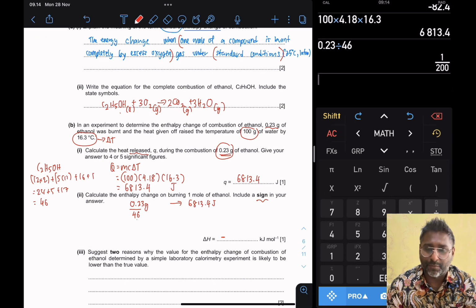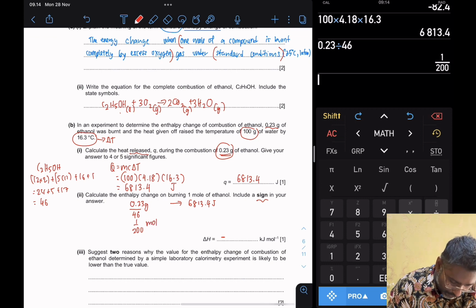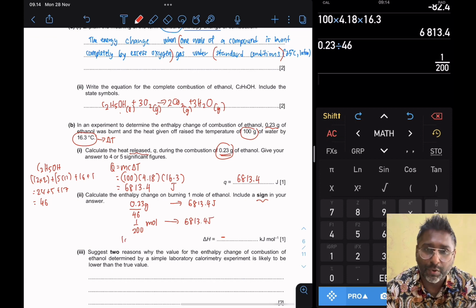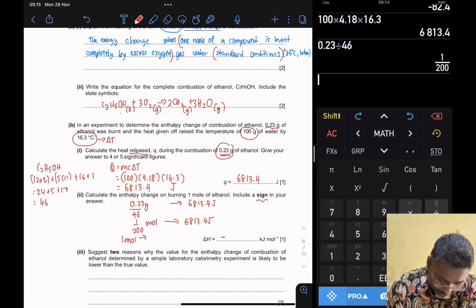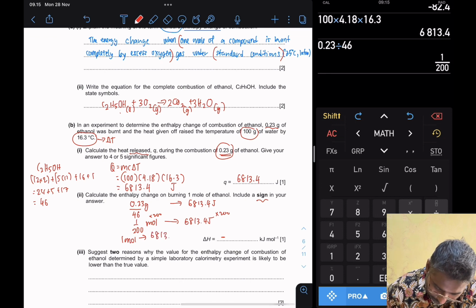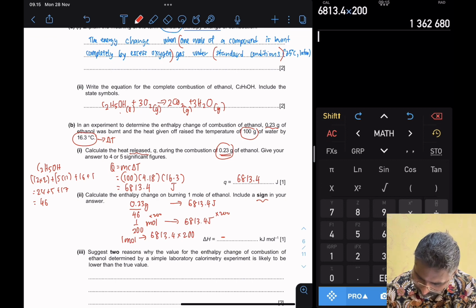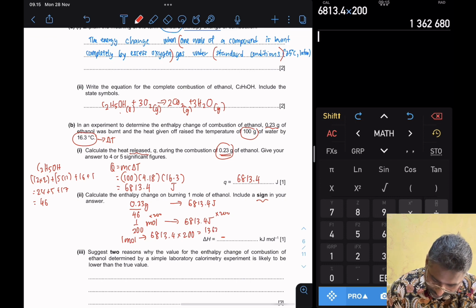If you want to keep it as 1/200 also can. 1/200 mole gives you 6813.4 joule. So I want for 1 mole. So 1 mole is going to be, you just times by 200. Times by 200 here. So 6813.4 times 200. You will get